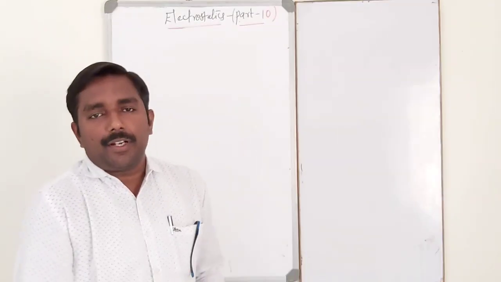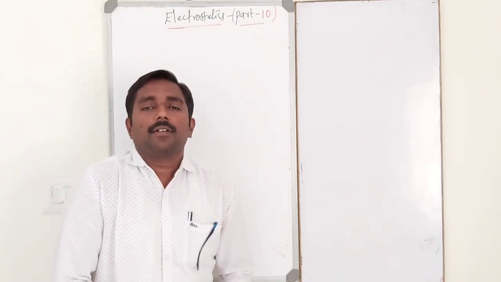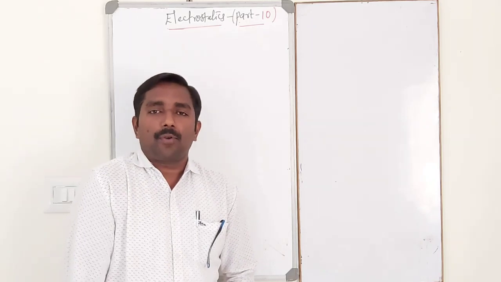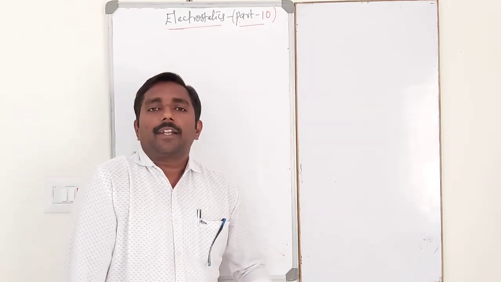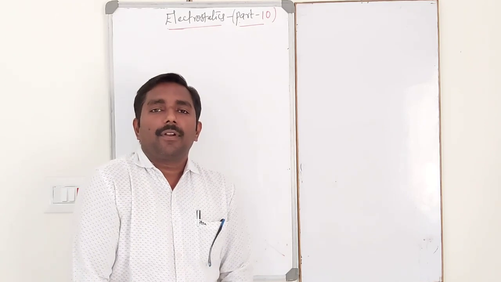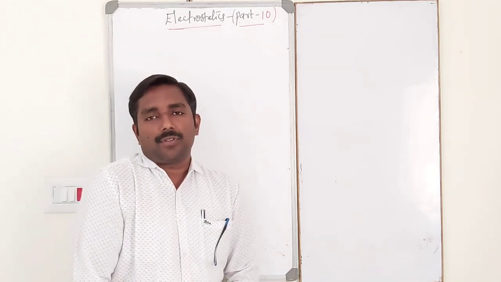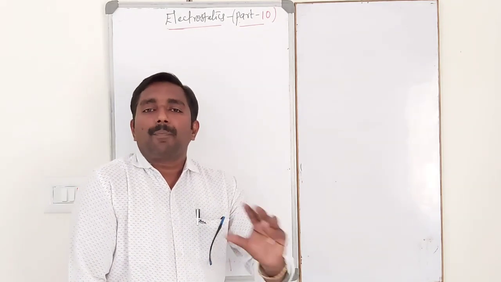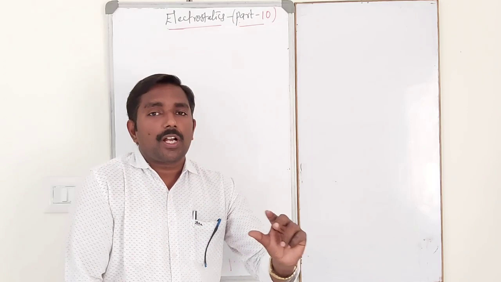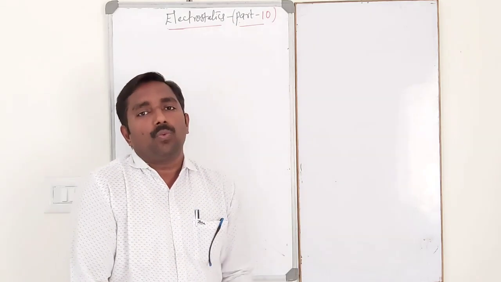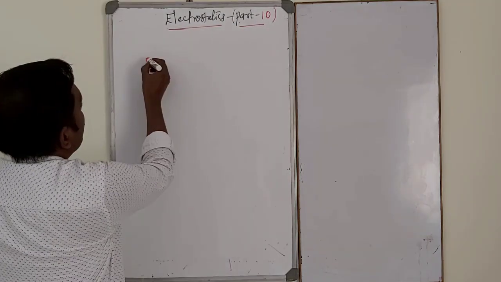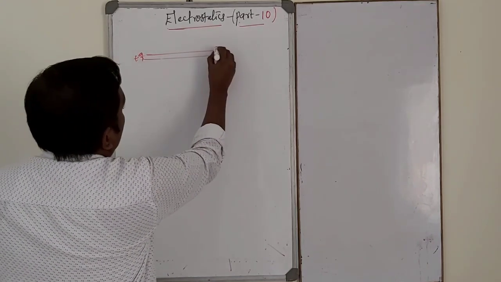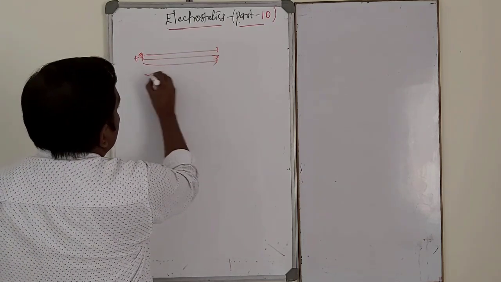Okay, good morning students. In yesterday's class, we discussed electric field lines and their properties. Electric field lines are lines of force. What is meant by electric field lines? It is a track or path in which a unit positive charge moves or tends to move. That is nothing but electric field lines, like this. A unit positive charge just moving from one region to another region, like this.